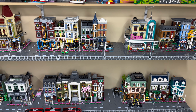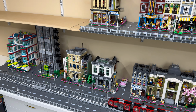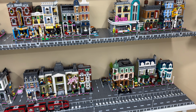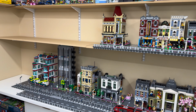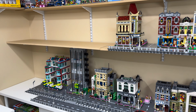Hello everyone, this is my Lego city, Greenside Cliffs. It's been 7 months since my last city update, and though there's been some changes, the buildings are in the same spots, but the major difference is that I switched rooms. I'm now in a room with a longer wall, so I've added more length to my tables and shelves